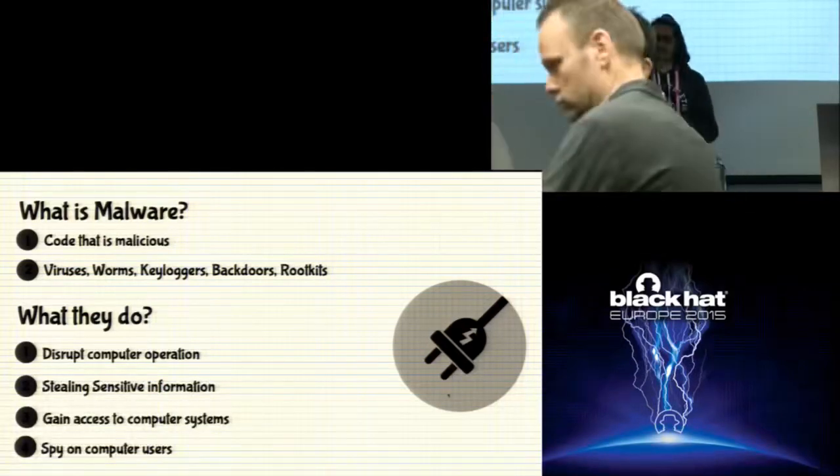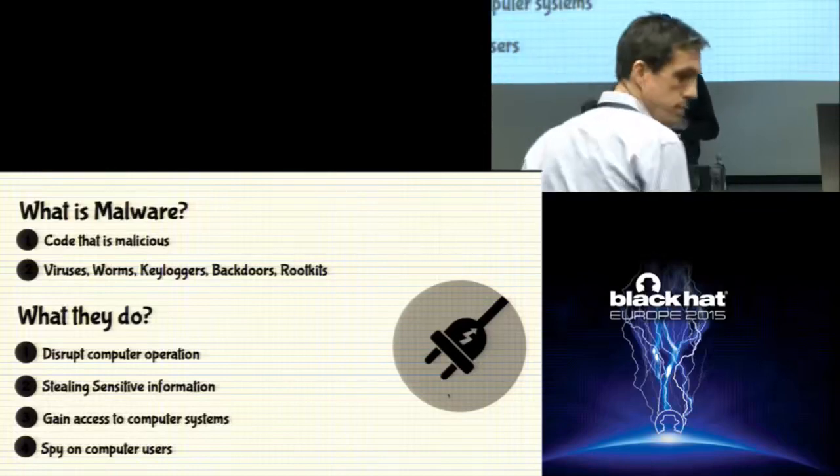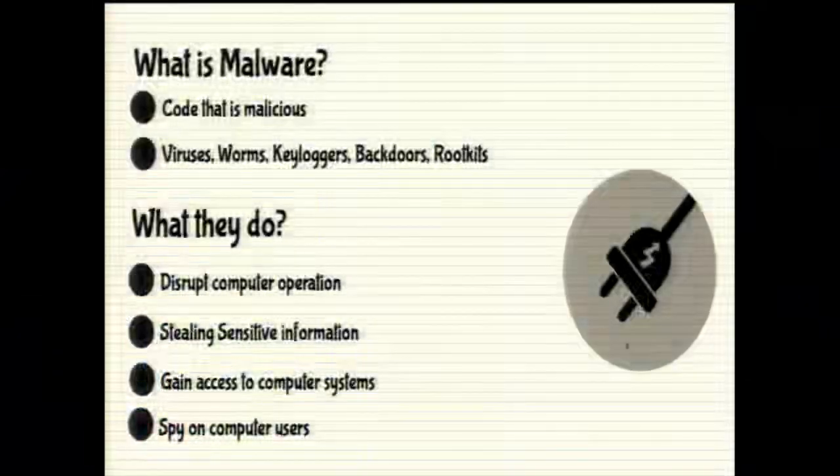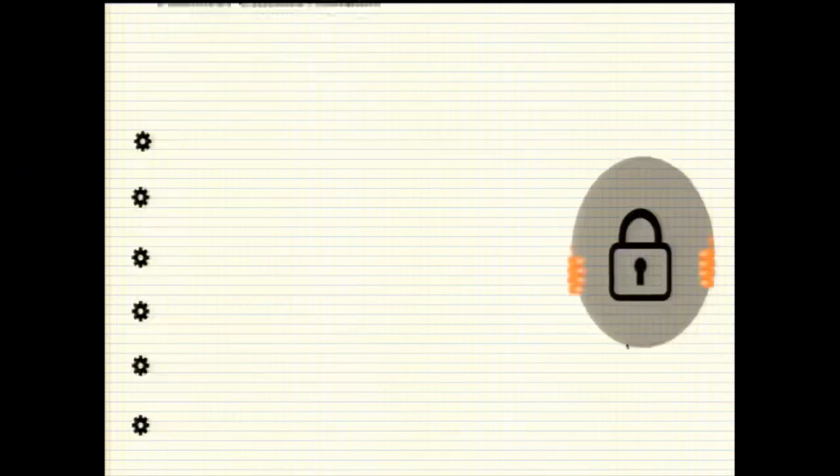Like in the case of APT malware, the APT actors use RAT programs, which are remote access trojans, which allow attackers access to the system, after which they can hop into other systems, find the data of interest, and exfiltrate the data out of the network. And it can spy on systems. So these are some of the things that malware does.